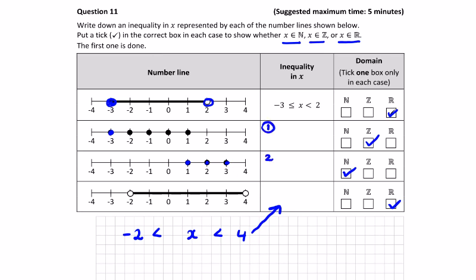Call them 1, 2, 3. There's just not enough room in the box, I don't think. So this is number 3. Number 2. So we can say here for number 2,